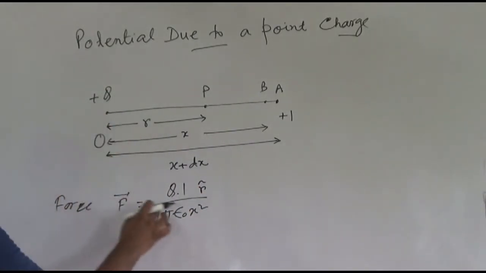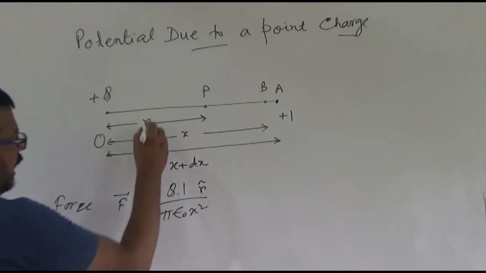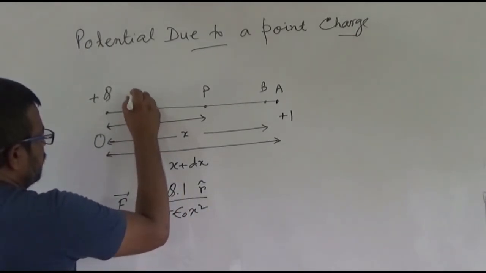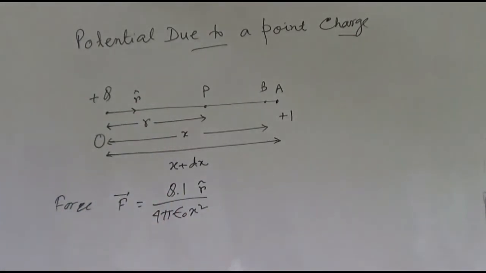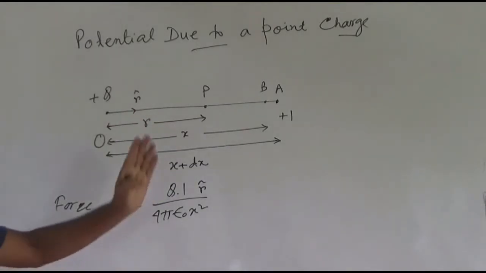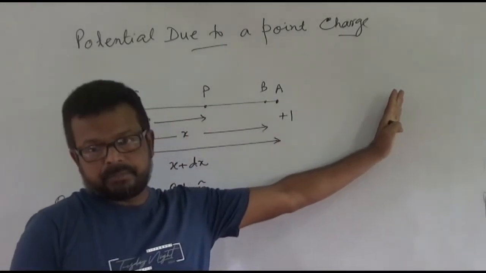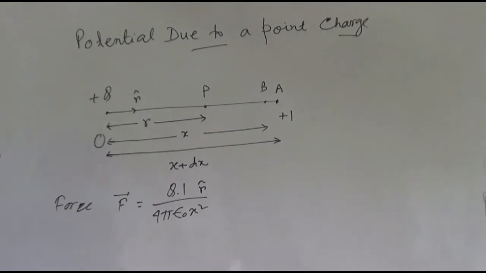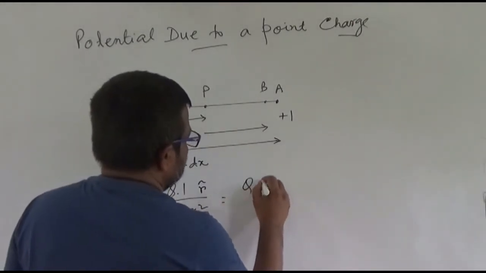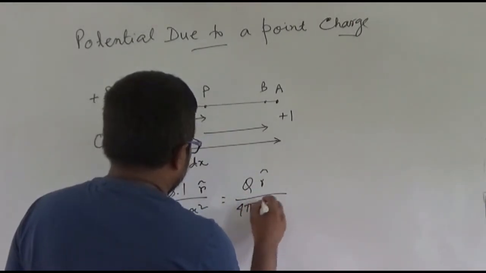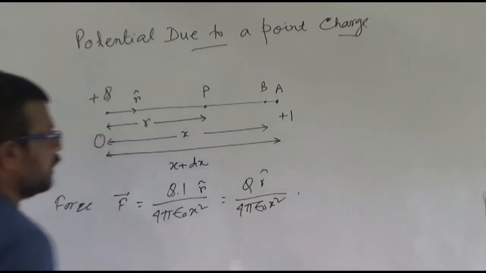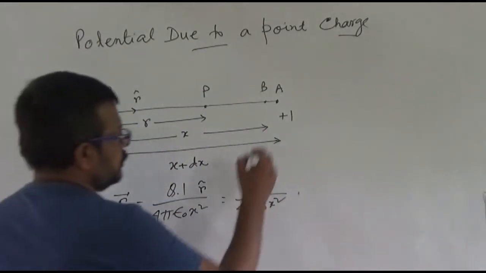That means it is towards R hat. This is R hat. The force is repulsive, right? That means Q R hat divided by 4 pi epsilon naught x square is the force on charge plus 1